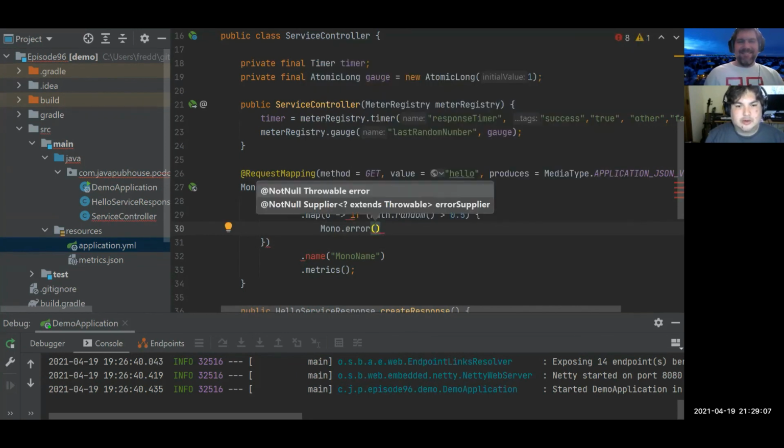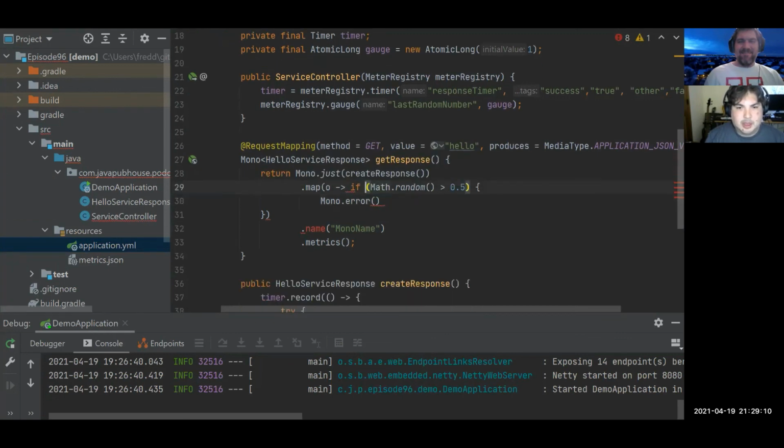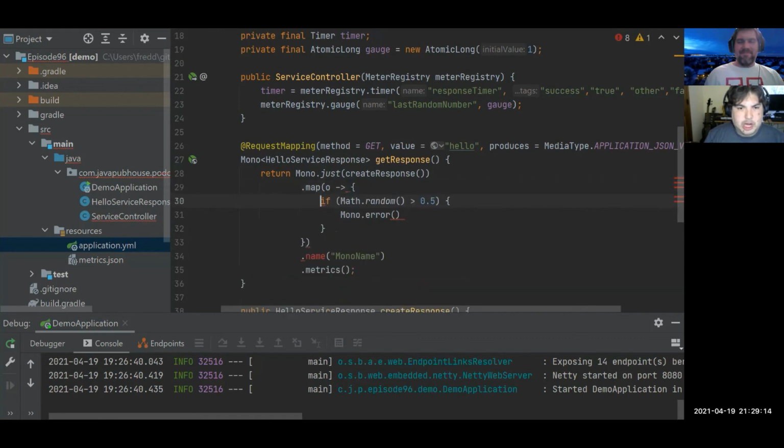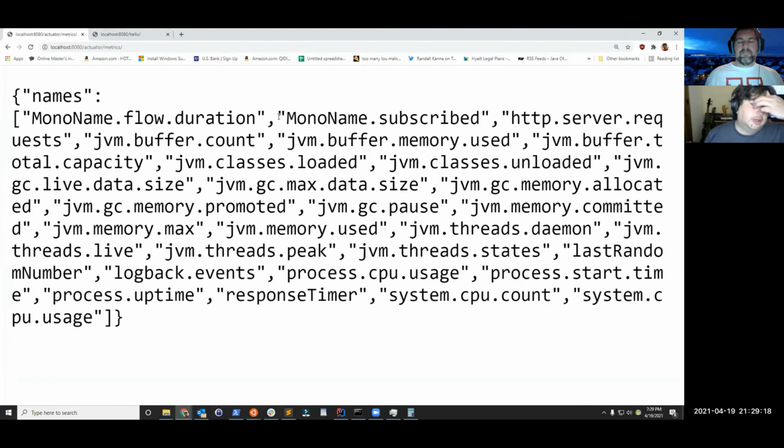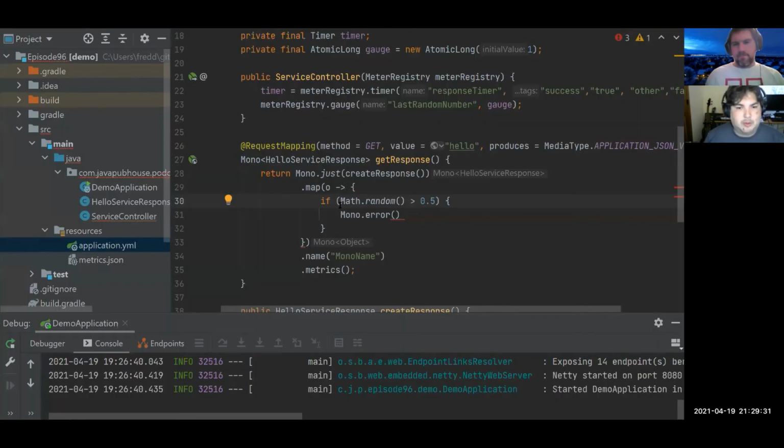I think there's the ability for you to also track more. For example, right now, because we're on the happy path, there's only subscribe and duration. But I think there's also error count and status. But because we never had an error in our mono, it doesn't get populated unless you hit it. Yes, so that is okay. Maybe you're right, maybe I won't do that right now. But the idea is that